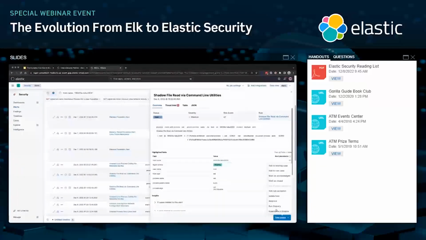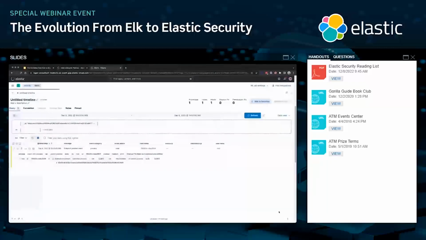But now I want to take an action, and not necessarily a response action, but let's investigate in Timeline. And Timeline is a purpose-built UI element inside the Elastic Security solution where an investigator will spend a lot of time, maybe pun intended, I don't know. But what I'm doing here is I clicked on a specific alert. So it's just saying, hey, alert ID, tell me more about that.